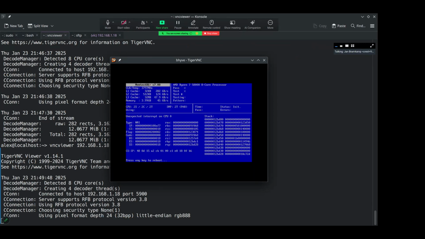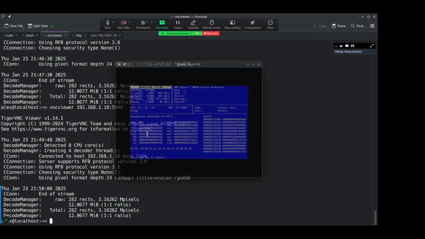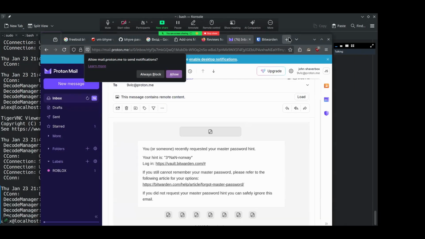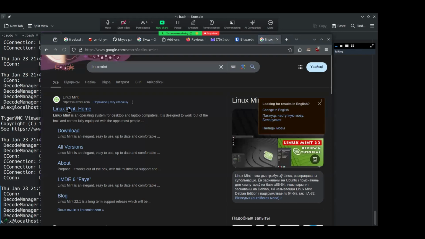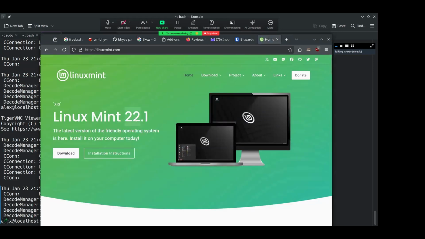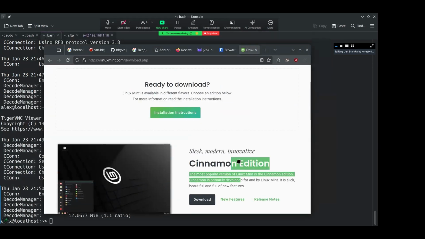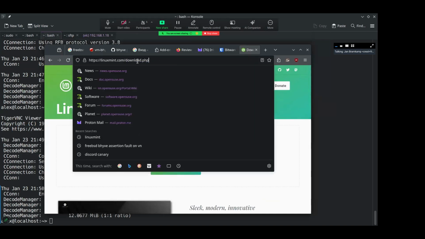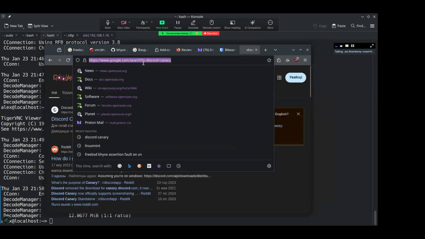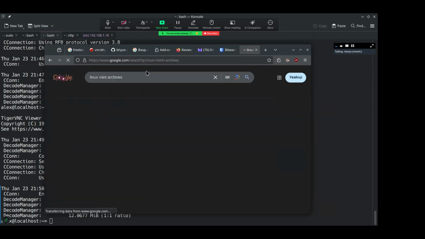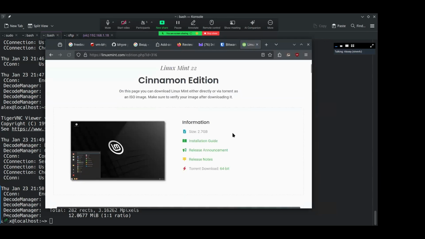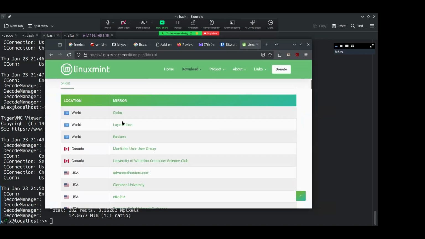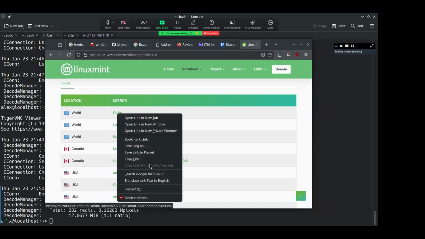Do you have a link to the ISO? Just so that we are using the same ISO. It's the previous releases, 22.0. Just send the link via chat, please. I don't want to click and then find out an hour later that something was different. Quickly, Linux Mint archives, cinnamon. This should be good.